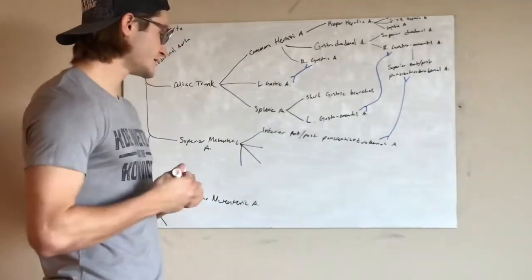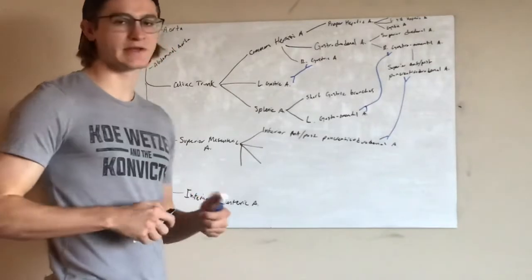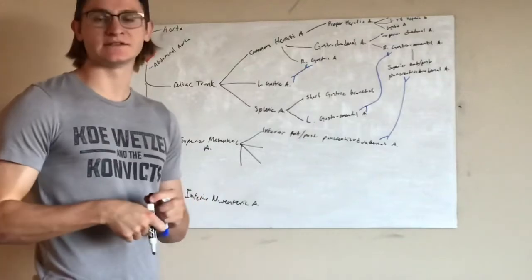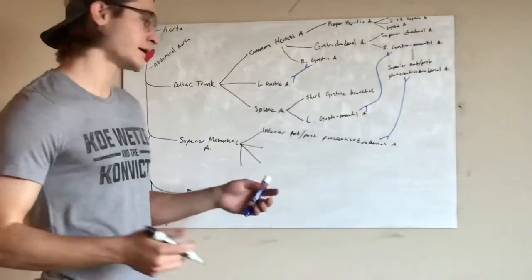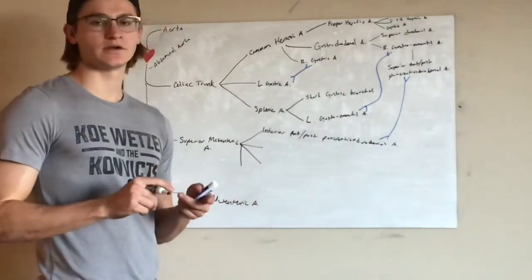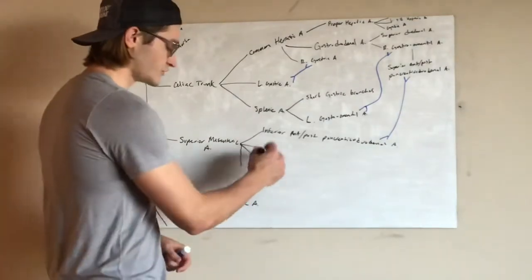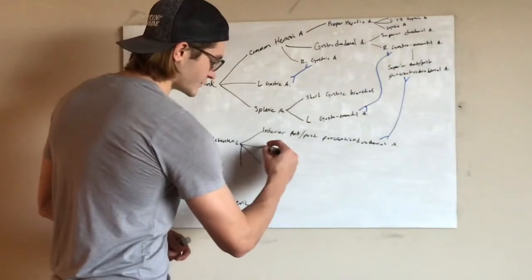Now, they like to say superior mesenteric artery. Another good way to remember some of the things that are coming off of it is MRI. MRI. So we have our middle colic, our right colic, and our iliocolic. So I'm not going to draw it. I can draw it in that exact order, I guess. So we're going to have the middle colic